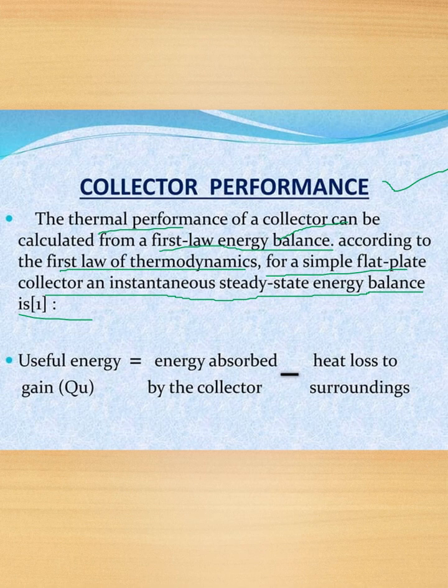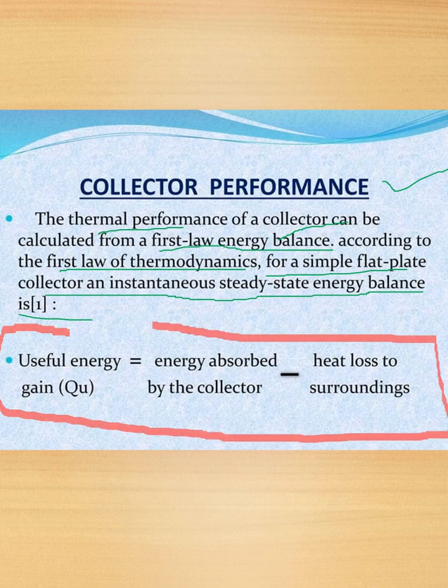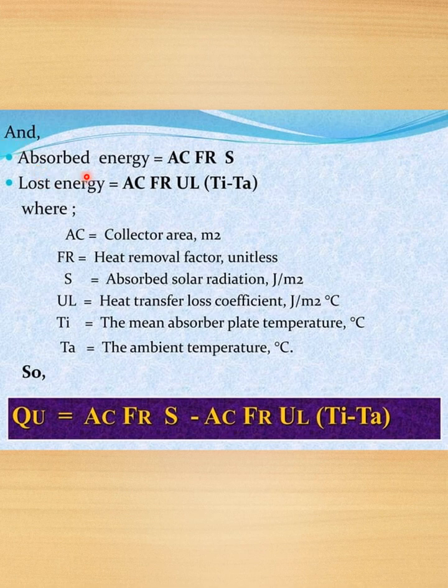So this is the law of thermodynamics used for measuring the collector's performance. Next, the absorbed energy is equal to AC FR S. Lost energy is equal to AC FR UL multiplied with Ti minus Ta, which is nothing but all are like product, where AC is the collector area, meters squared, FR is the heat removal factor,